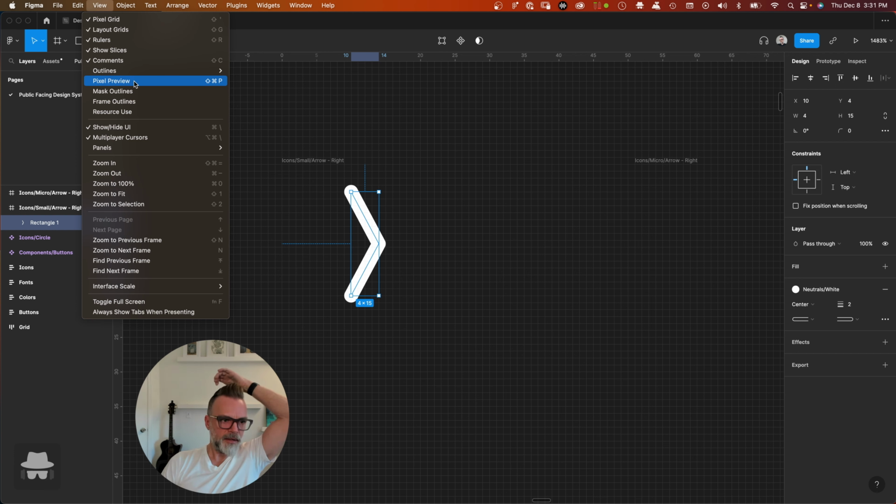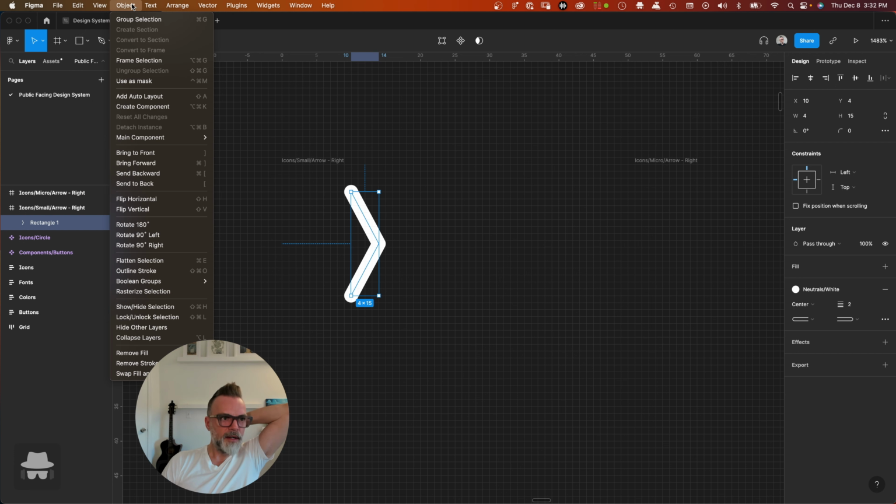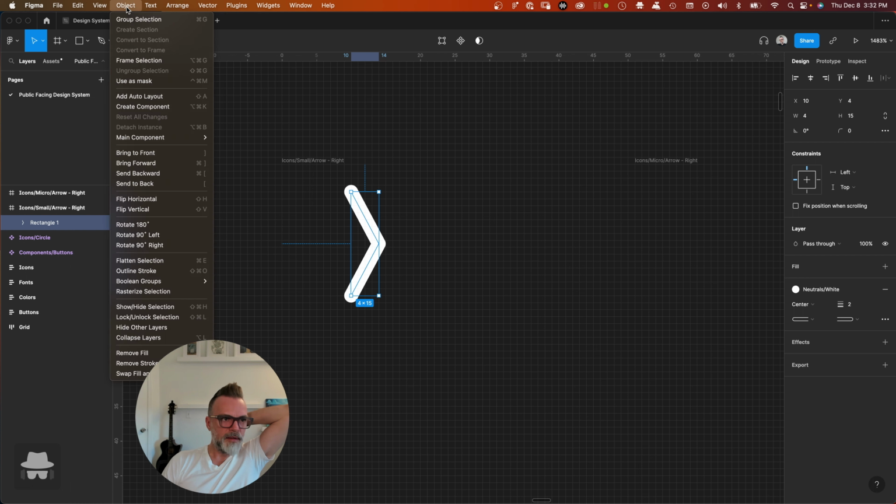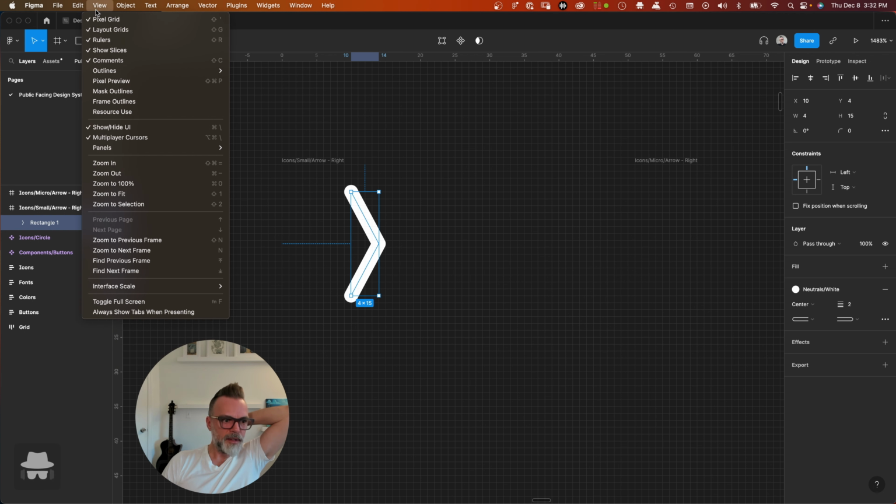Let's see if we can find where the snap settings are. I typically leave it to snap, so maybe it's in Object. I can't remember, and I don't like to use too many shortcuts. I like to make sure I show you guys where something lives in the menu. Anyway, we can